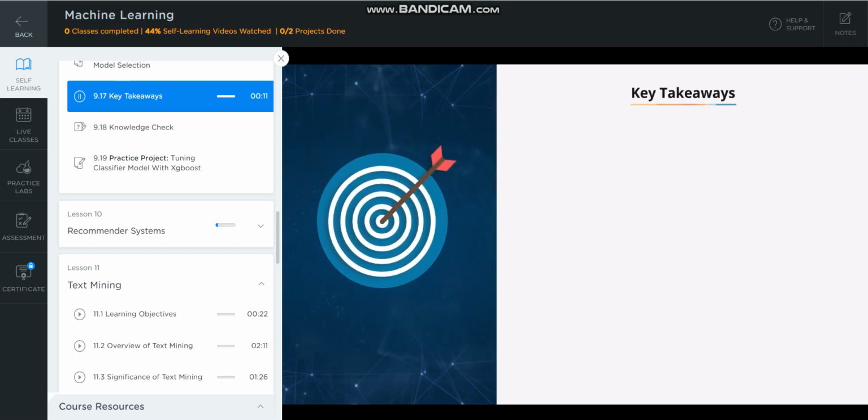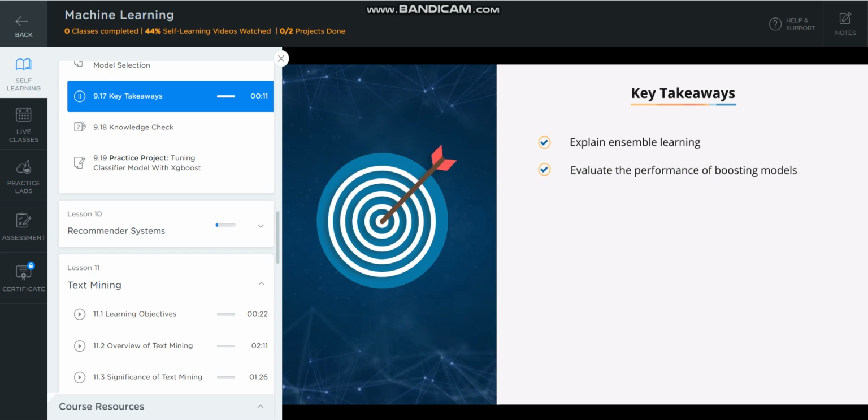This brings us to the end of Ensemble Learning. You are now able to explain Ensemble Learning, evaluate the performance of boosting models,